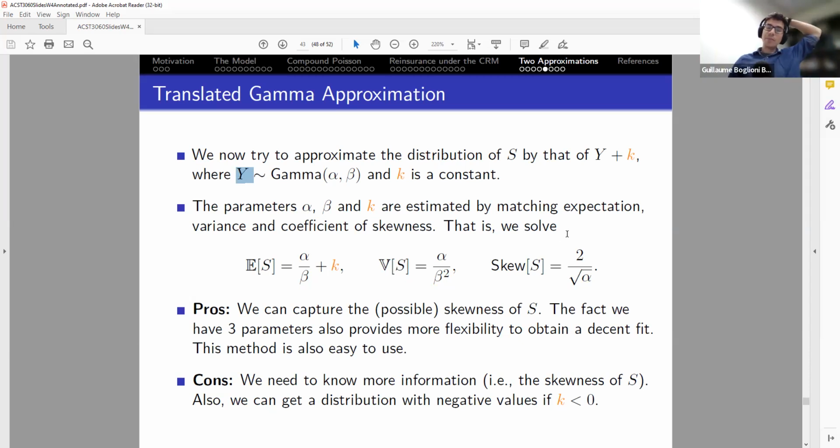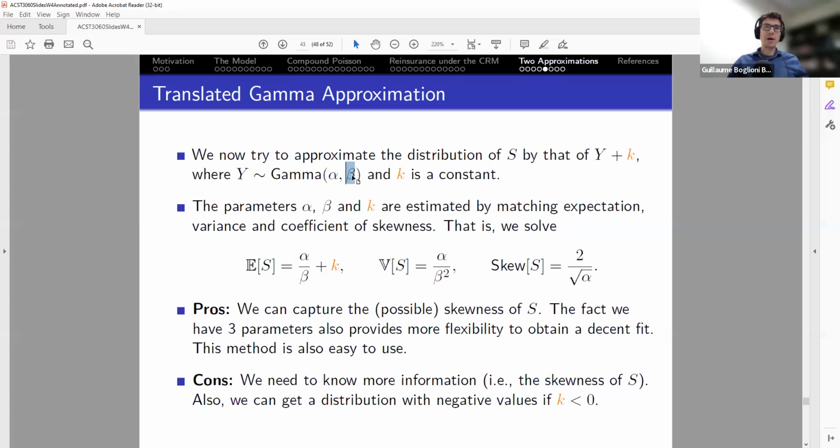Okay, so in general, what you do is, again, we know the distribution of N and X, the frequency and the severity. So of course we can derive the expectation of S, the variance of S, and the skewness of S. Now this takes a lot more effort, and deriving the skewness of S, we've done it already in the special case of the compound Poisson. We haven't done it in the general case. But in principle you can derive the skewness of S, and then you will pick the